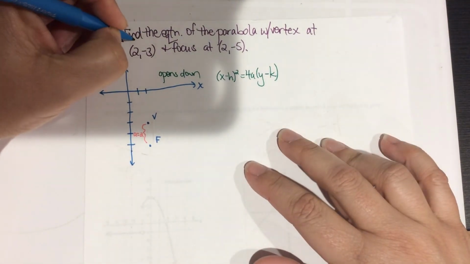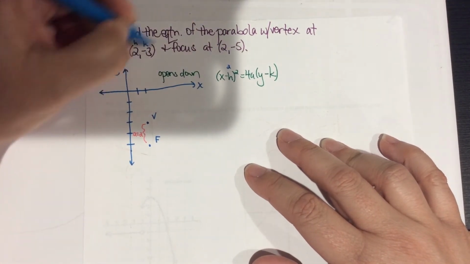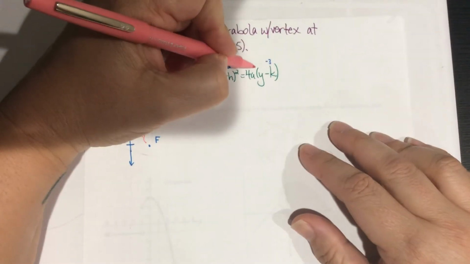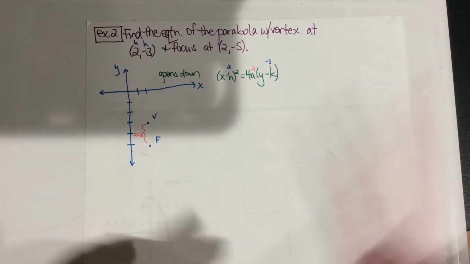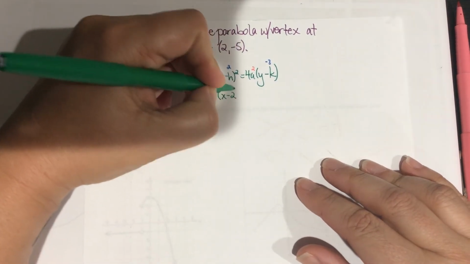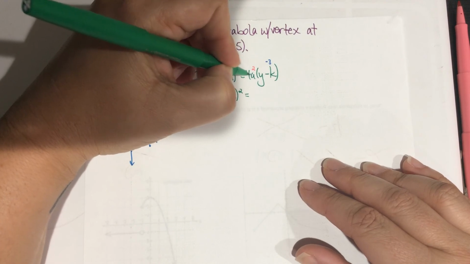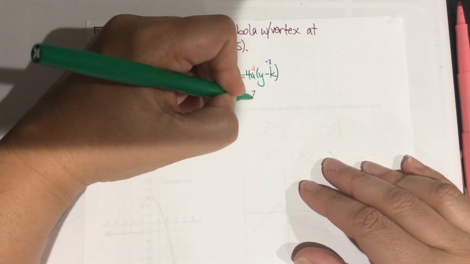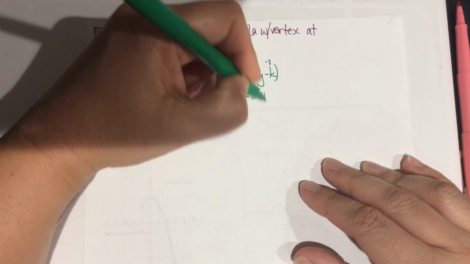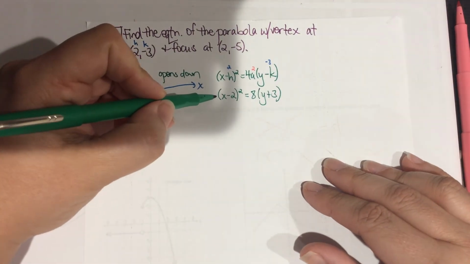So the vertex is the h comma k. So the h is 2. The k is negative 3, and then the a is 2. So we have x minus 2 squared equals, remember the 4 is being multiplied by a, 4 times a, so 4 times 2 is 8. Now y minus negative 3,